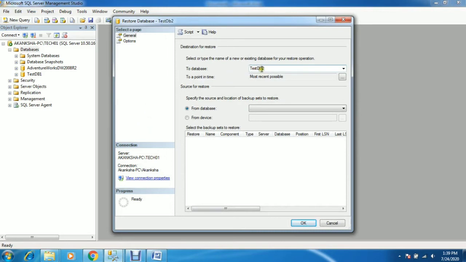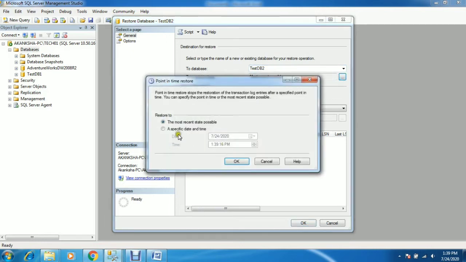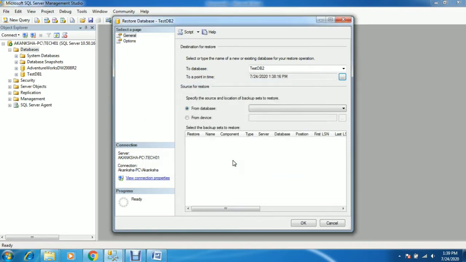Give the database name testdb2. Here you need to select the point-in-time recovery time. You need to select a time similar to when you deleted the database, somewhere around 1:38 p.m. Click on OK.